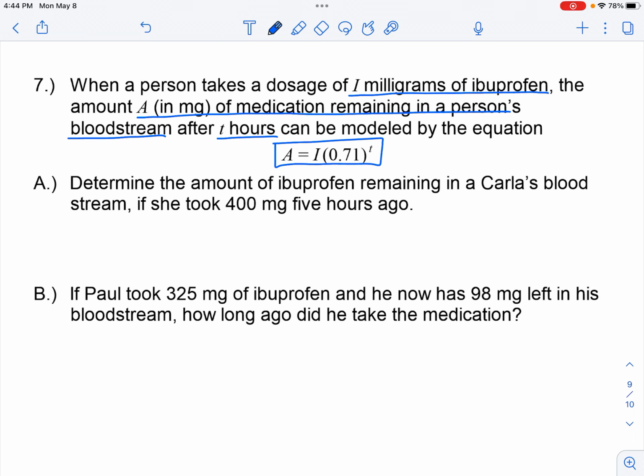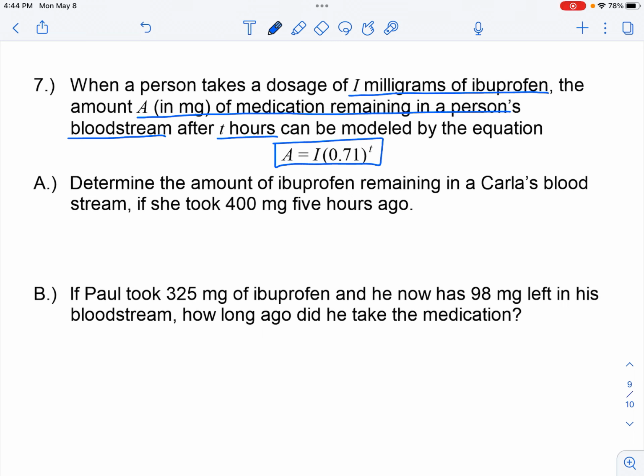So this is going to be an evaluate problem where we're just plugging in, okay, I is 400, and then we've got 0.71, and then to the T power. And then I type that into a calculator to see what I end up with. All right, so 400 times 0.71 to the 5th power comes out to 72.169 milligrams. All right, so approximately 72 milligrams remain at this point in time. Okay, so that's what I'm going to write. Approximately 72 milligrams remain